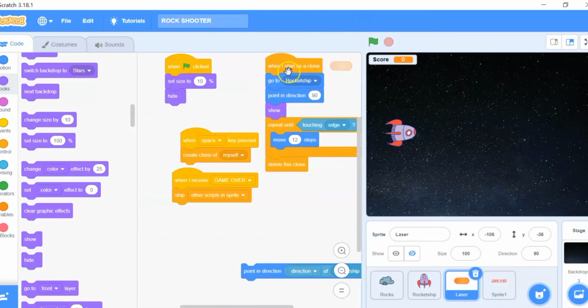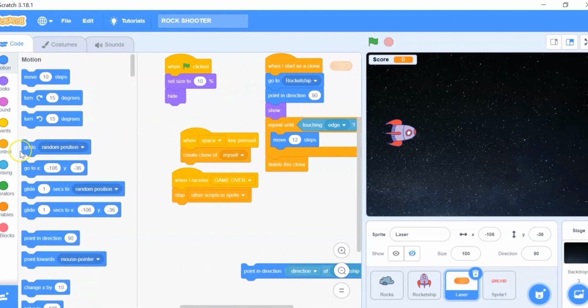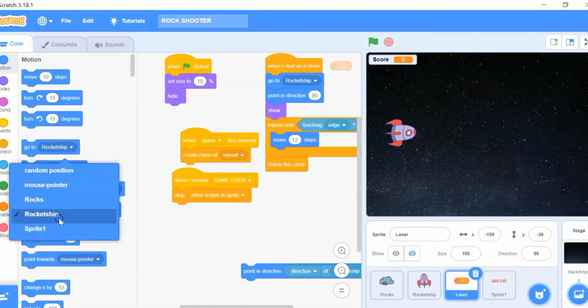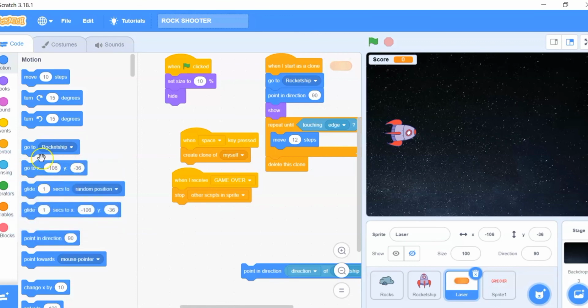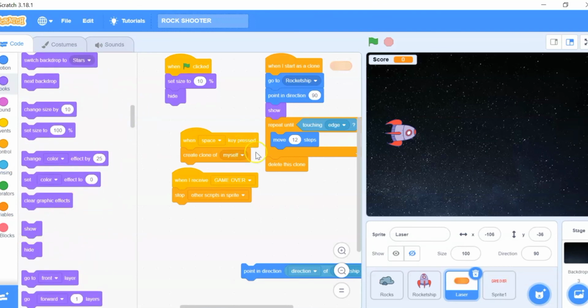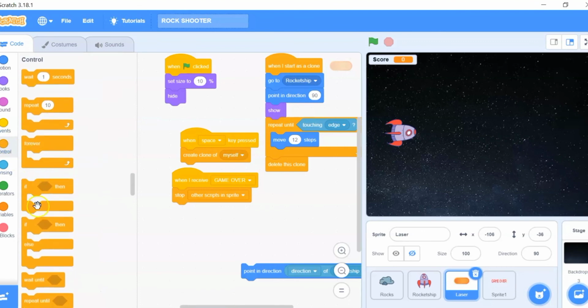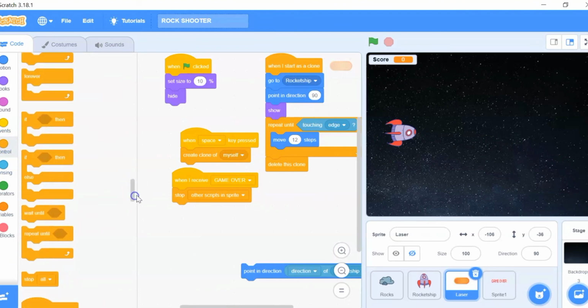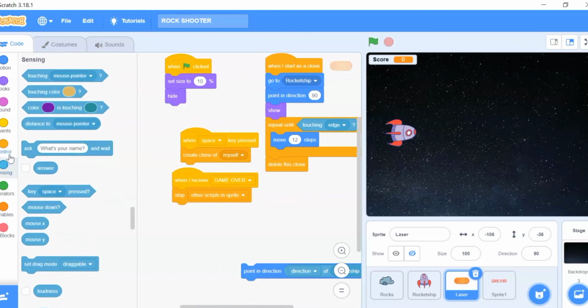And then when I start as a clone in the control, go to rocket ship in motion. It's go to random position, put it in rocket ship. Point in direction 90 degrees, and then in looks put show. Here is show and then in control take a repeat until and then in sensing repeat until touching mouse pointer. Instead of mouse pointer put edge, repeat until touching edge and then put motion,